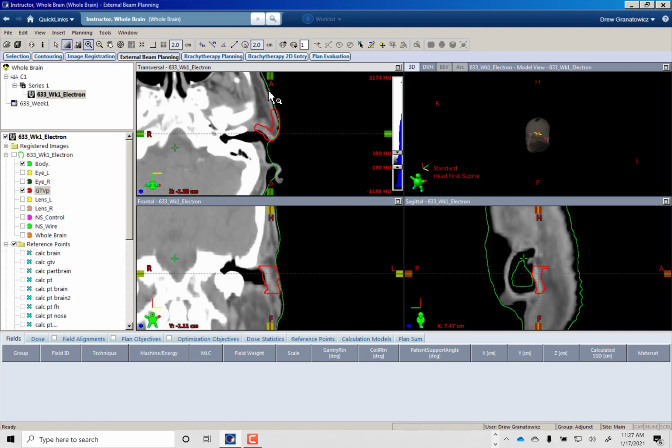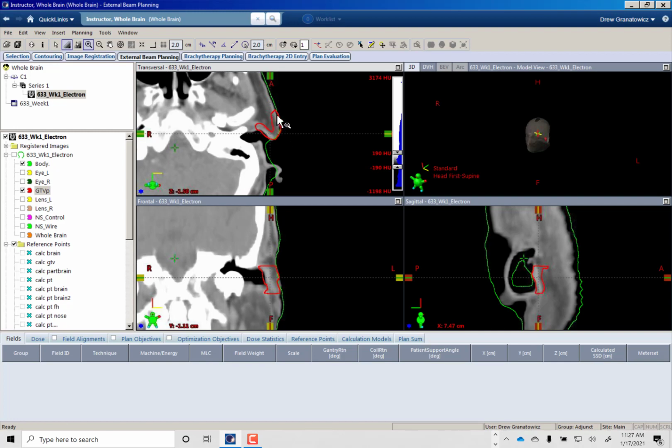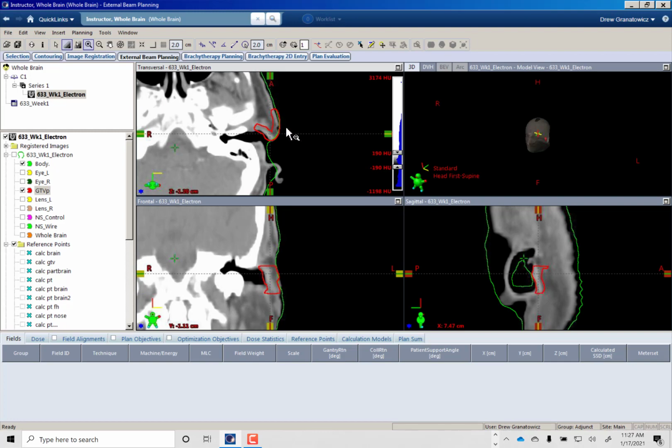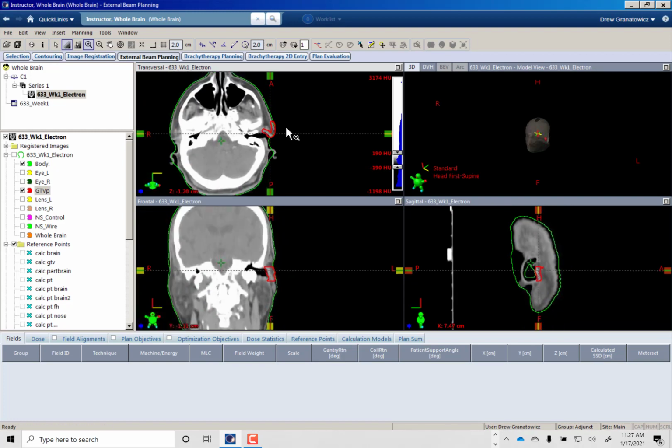A, it is not flat, right? We have this big inhomogeneity, his ear canal, right here. We have to treat both the skin, so superficial, and a little bit deep, so that'll affect our energy, and that means we definitely need to add bolus. So just right off the bat, you can take note of those issues,